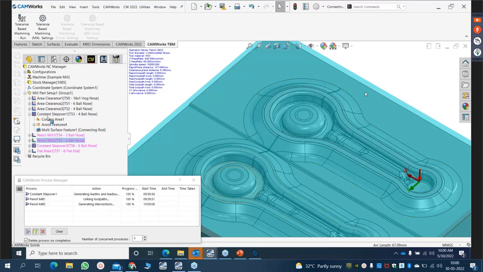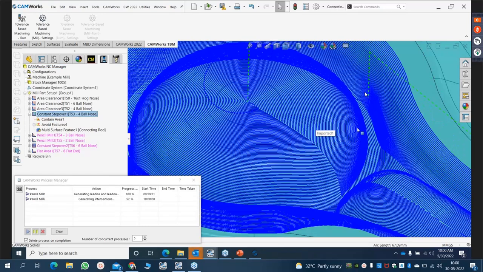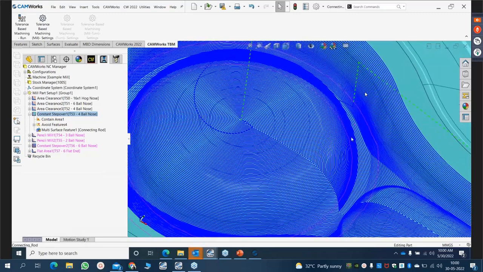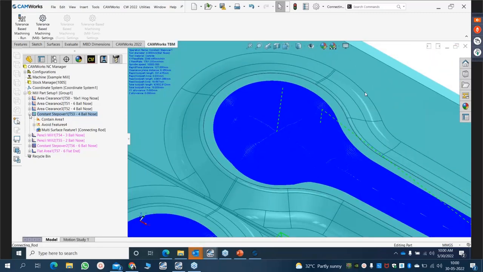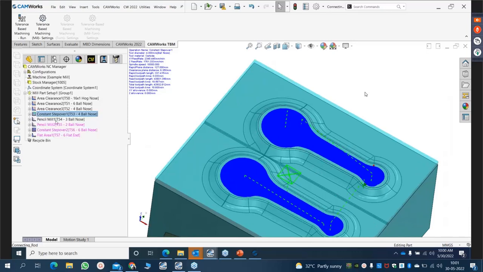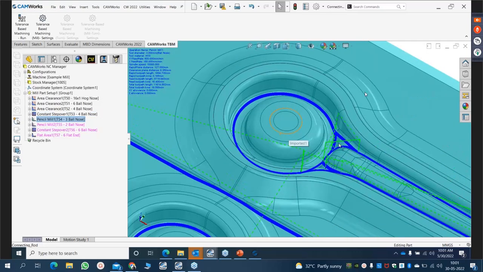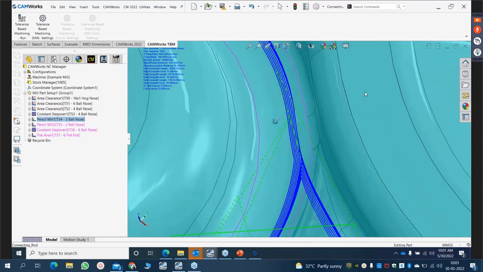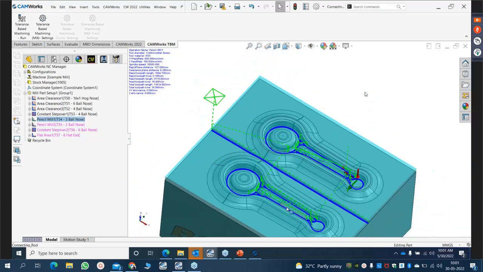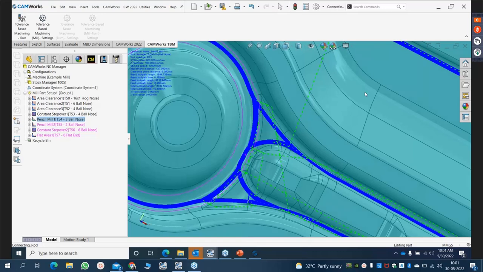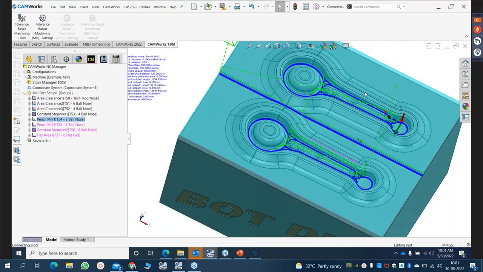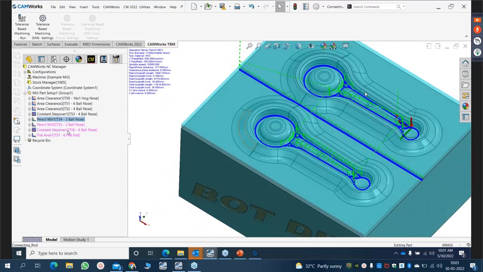So all these toolpaths are getting calculated. So you can see the toolpath here inside the cavity. Okay, smooth and fine. And then we'll have the toolpaths for the corner finishing. The first corner finishing is over. We will have toolpaths for these corners. And then we'll have another toolpath with diameter 2 for the corners. By the time it is getting calculated, we can set up